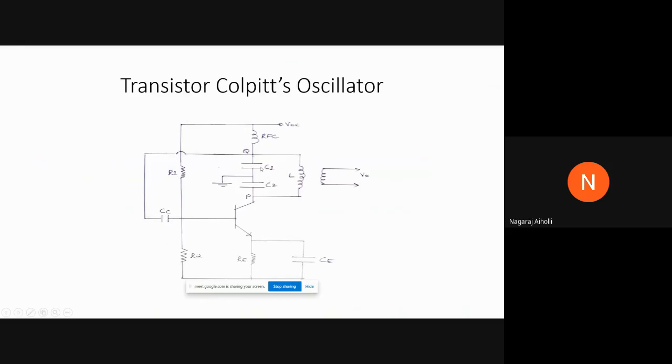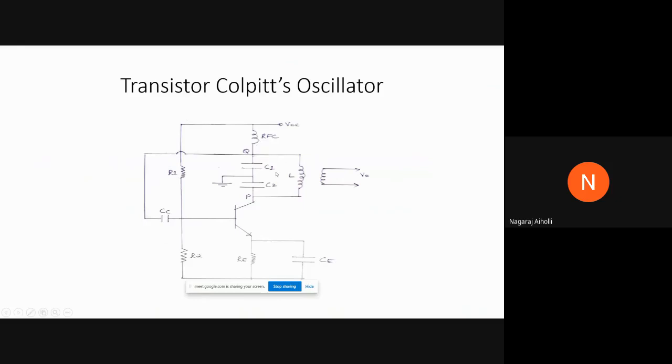There is a coil called the radio frequency coil, or radio frequency choke coil, the RFC. The property of this radio frequency choke coil is that it passes DC signals and it blocks the AC signals. So if any AC component is present in the VCC, the DC supply voltage, then that AC component is suppressed by the radio frequency choke coil, and it passes only the DC current through the other end of the coil.